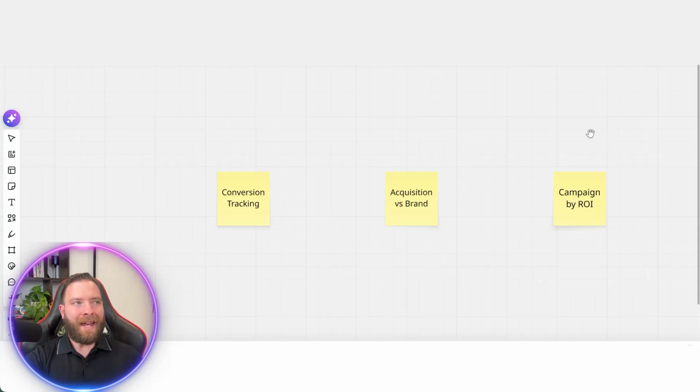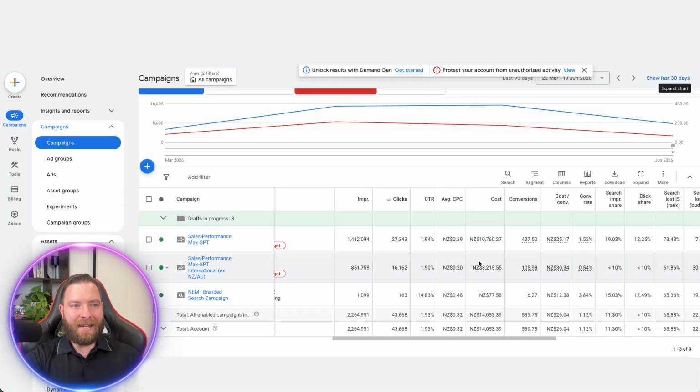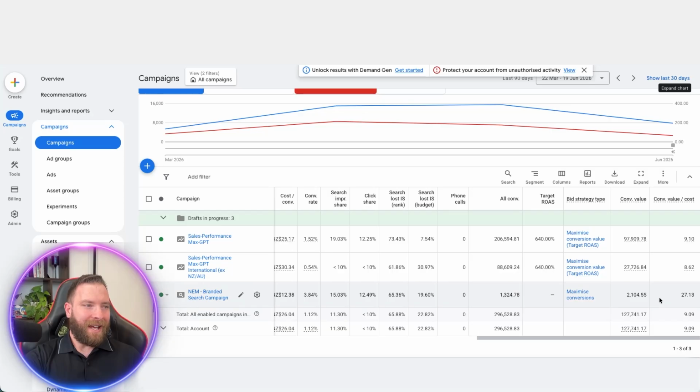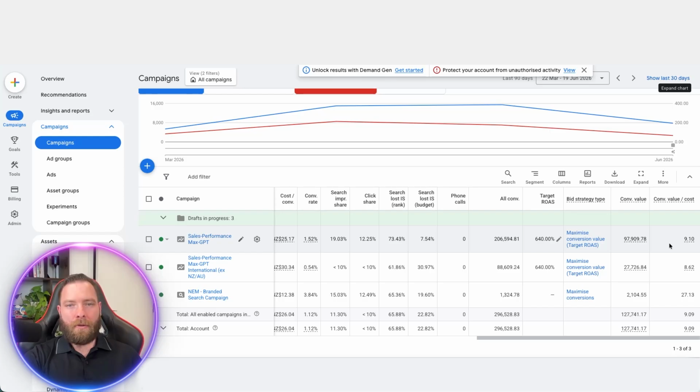So we came in and split the accounts out. And as you can see here, the ROAS at a branded campaign is 27.13, whereas the acquisition is 8.6 and the other acquisition is 9.2. Those shifts there are dramatic. Splitting out the branded campaign means that Google is going to go after new customers without hiding the pure results